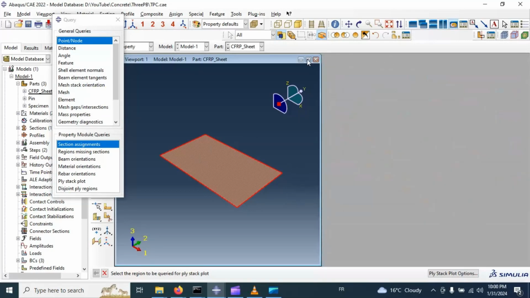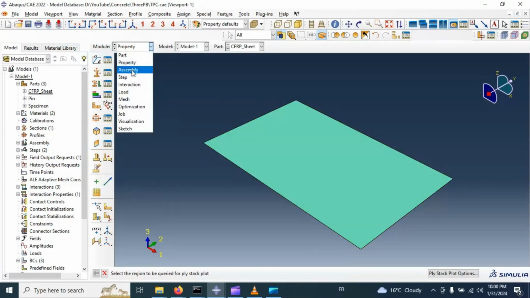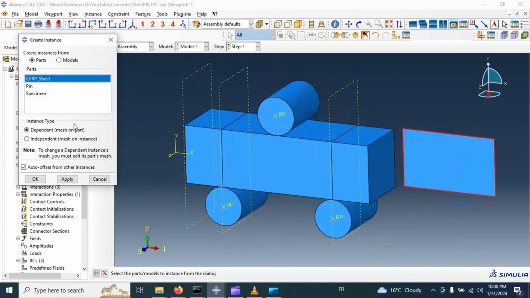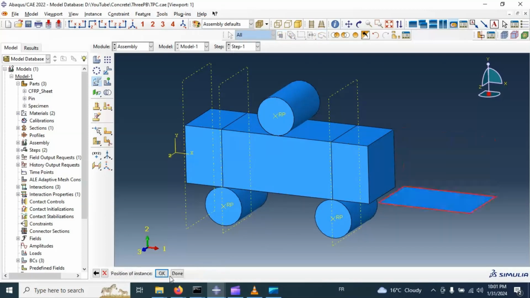Now let's go to the assembly module to assemble our sheet into our model. Select sheet, apply. Now we need to rotate it in the right direction. Click rotate instance, select instance, click done, and select the axis of rotation, the first point of the axis and the second point of the axis, 90 degrees. Okay,